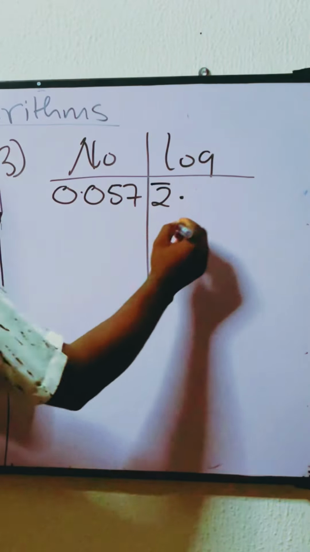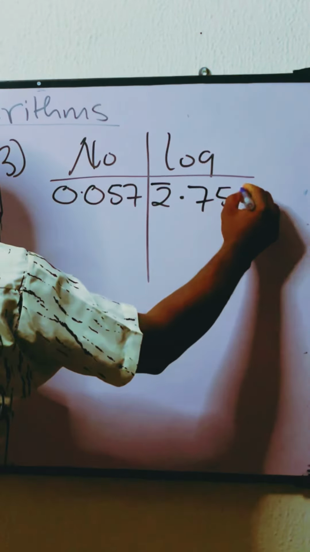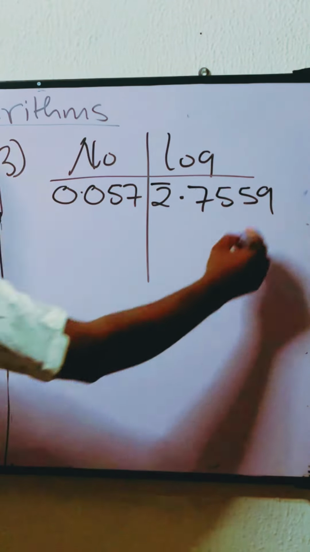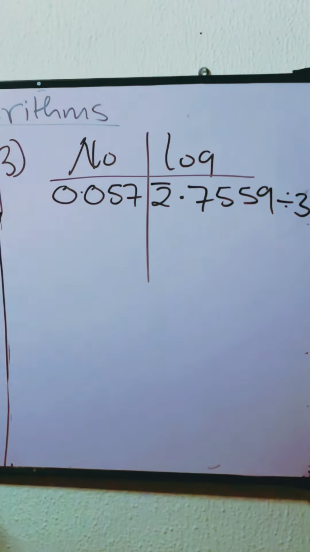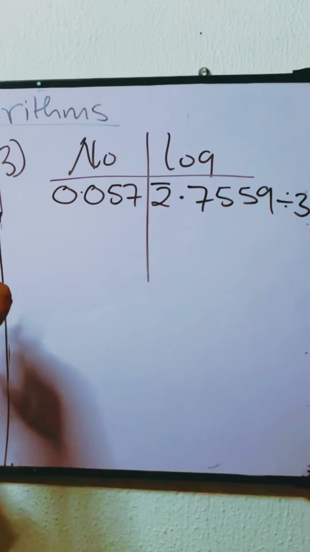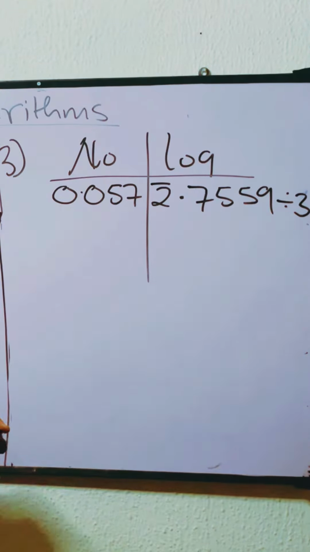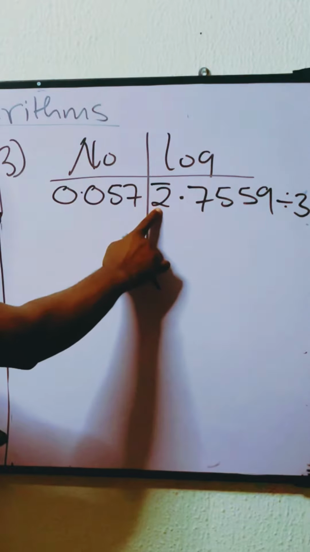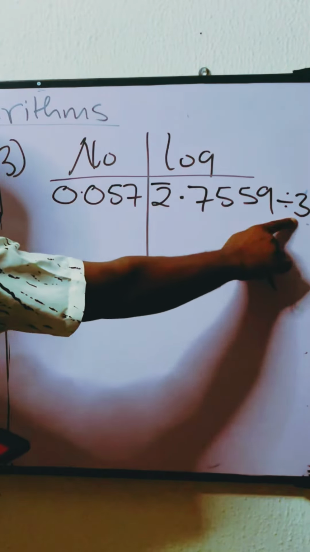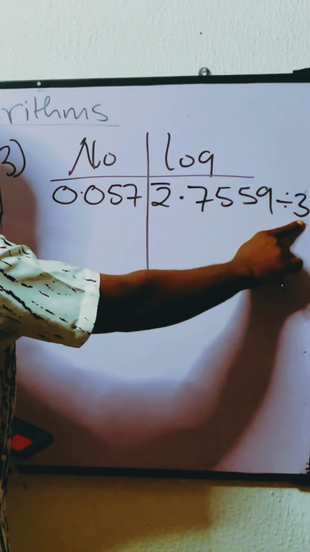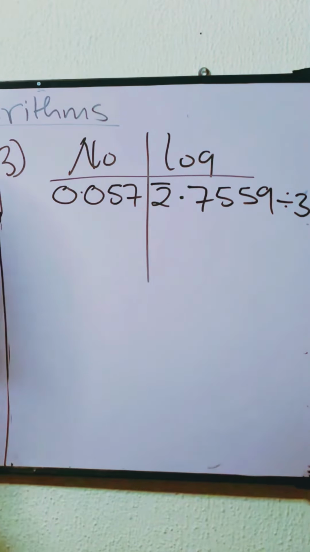That gives us 0.7559. Okay, so we're dividing this by 3. Now, notice that you're dividing this by 3, so you can't just divide it normally. You can't just put it into the calculator and get the correct answer. It's going to be wrong if you do it that way, because this characteristic here is 2, but it's being divided by 3. So whenever the characteristic and the number that is the divisor are not the same, make sure